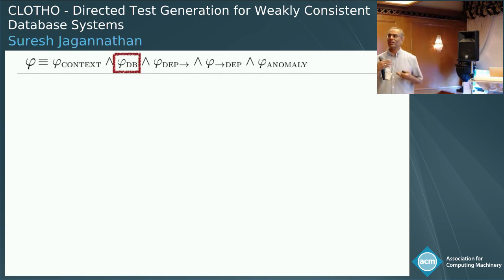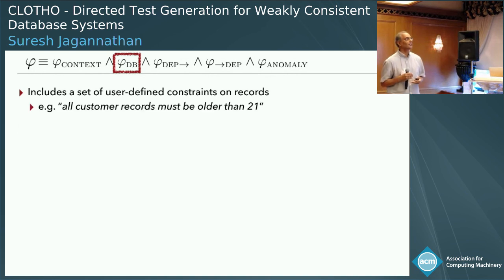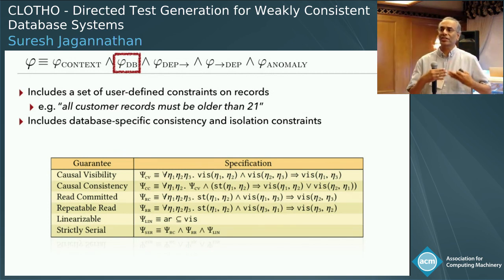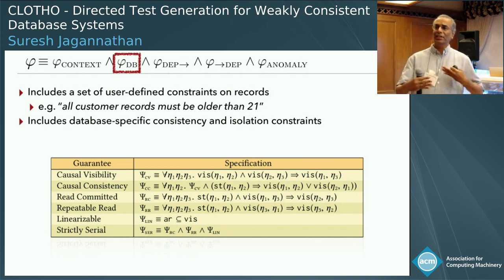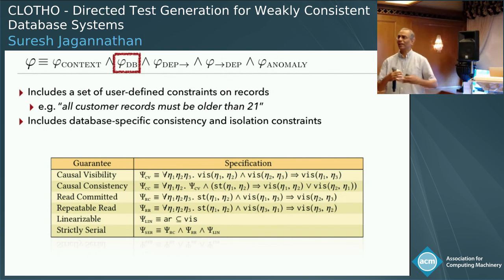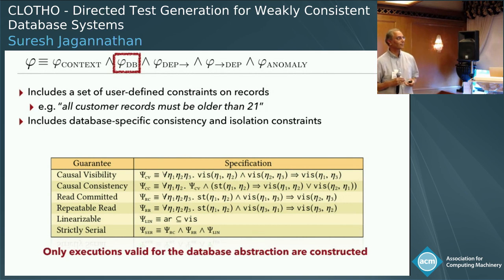We have properties that are associated with the database system itself, the guarantees that are provided by the database system itself. So these consistencies, there are a number of variants, as you can imagine, on the kinds of guarantees that a database system provides. And we've encoded for a number of databases what those constraints are. And remarkably, we can express all of that using the language of relations that we've developed. And so we have a fairly rich set of invariants that we know that the database is actually going to provide. And we want to be able to make sure that our programs are consistent with what those guarantees are.